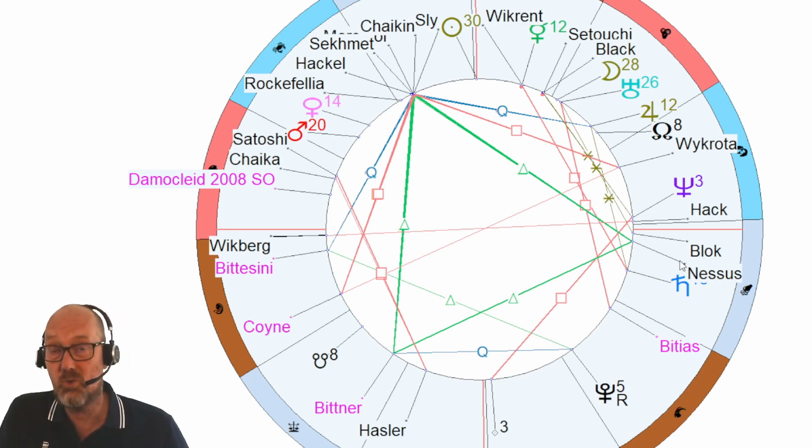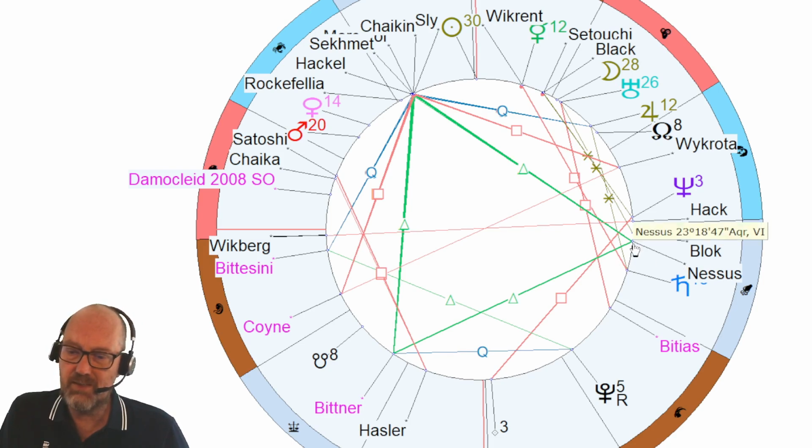Is BlackRock too big for Bitcoin? Will they eat Bitcoin for lunch or not? So how can we see that story in this chart? Well, Nessus, like I said, is the invader. So who is invading who? Is Bitcoin invading BlackRock, or is it the other way around? That is the question here.